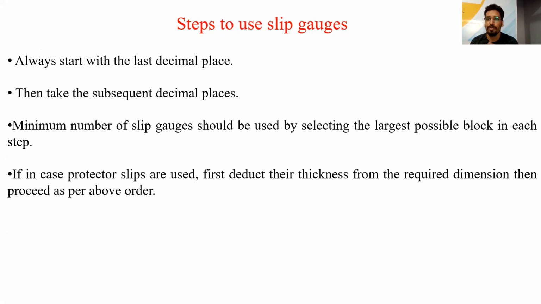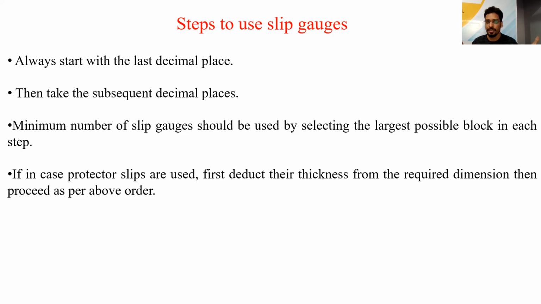I will explain it to you with the help of a numerical later on. And then take the subsequent decimal places. We have to use the minimum number of slip gauges while making a dimension so that there is less chance of error and more accuracy. And in case of protector slip gauges, if we are provided some protector slip gauges with the slip gauges, then what we have to do? Protector slip gauges are the slip gauges that are to be used at the end corners